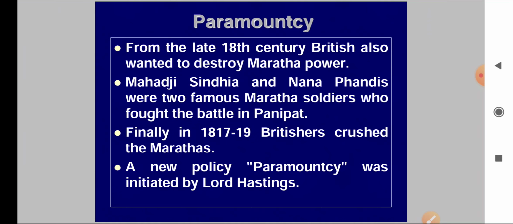Now the Britishers felt that the Marathas, who were in power, were the major hurdle for them to establish their rule in India. So after the third Battle of Panipat, when the Marathas consolidated themselves, they divided into 5 dynasties such as Sindhia, Holkar, Gaikwad, Bhosle and Peshwas. Their chiefs were held together in a confederacy under the Peshwa, who was the principal minister of that time.